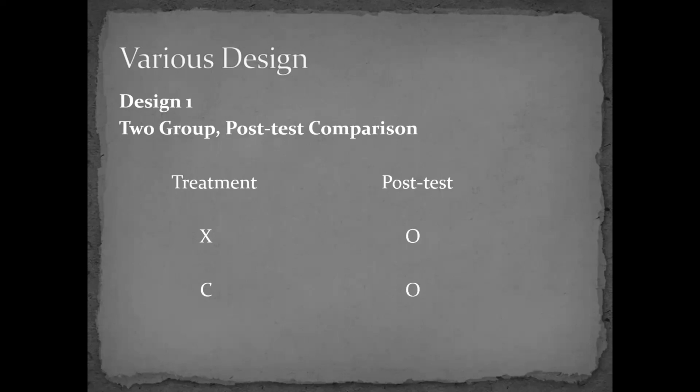One group, your innovation is there. Another group, innovation is not there. So when you compare these two post-test scores, we will know that if the treatment is effective, their scores will increase. There will be one doubt, sir. If the X group is already intelligent, compared to the C group, how can you say that this is responsible for that? That is why, when we allot students to these two groups, you have to allot students with